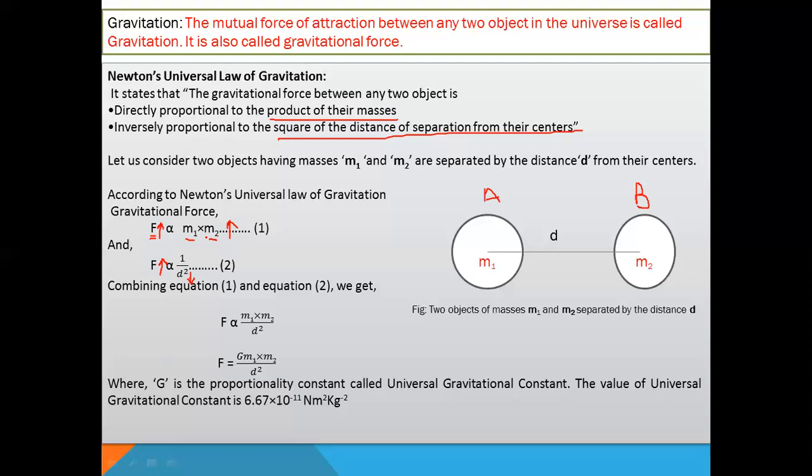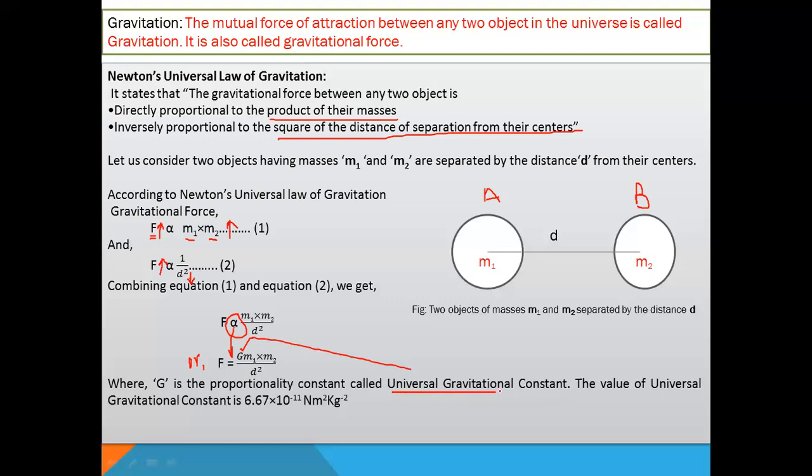Combining these two equations, 1 and 2, we get F proportional to m1 dot m2 by d square, or we can write F is equal to G m1 m2 by d square. To remove the proportionality sign and convert it into an equality, we have to keep one constant here. This constant is called